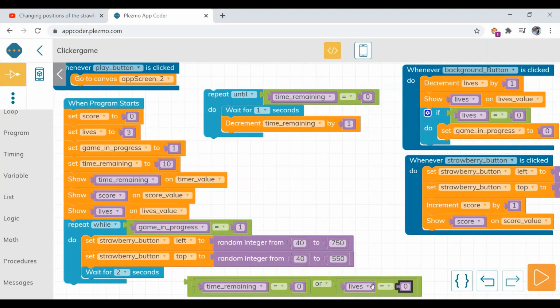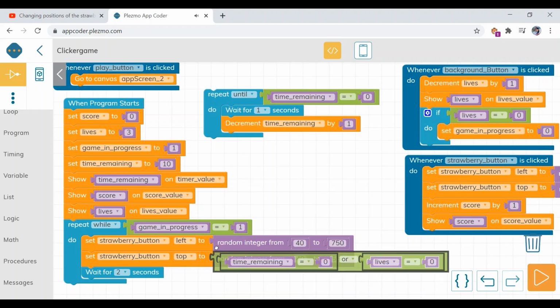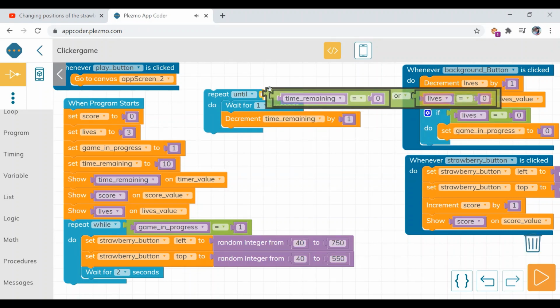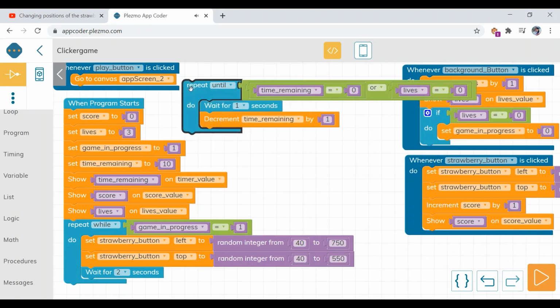Click on done and now put the whole thing here. So now this block will execute if either of the conditions gets satisfied.